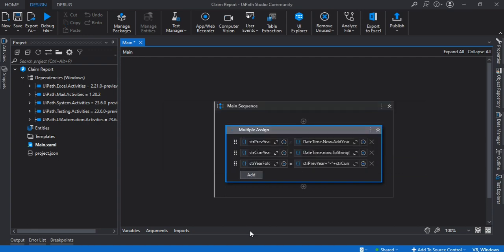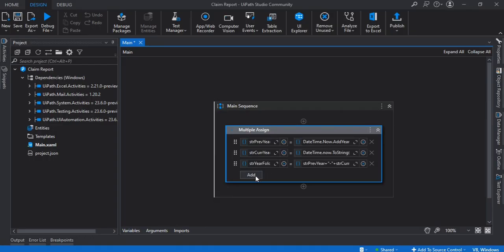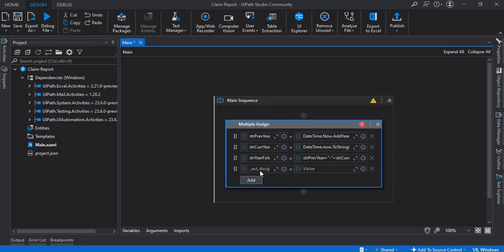So now the previous year and current year folder is created. So now we want to go inside this. So now we want the folder for current month and the current year. So let's go back to UiPath. I'm just going to create one variable for the month. I'll just click Control K and now I'll give the name of the variable str current month, enter, and